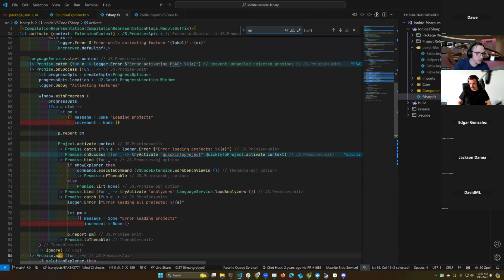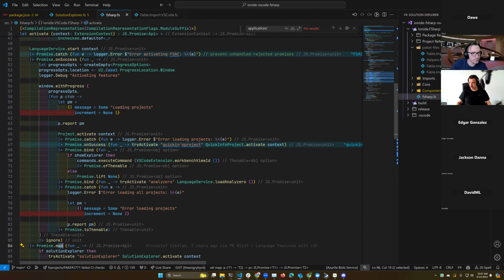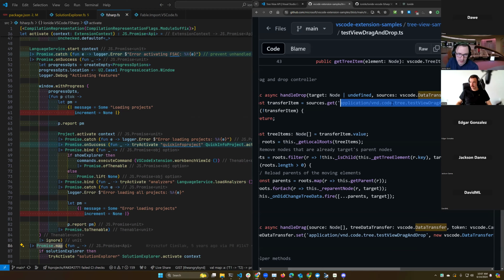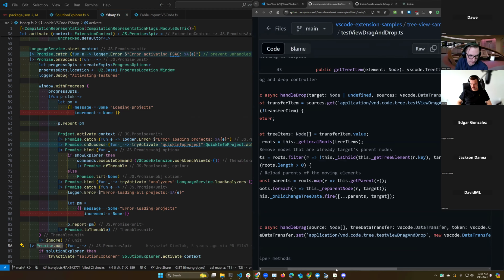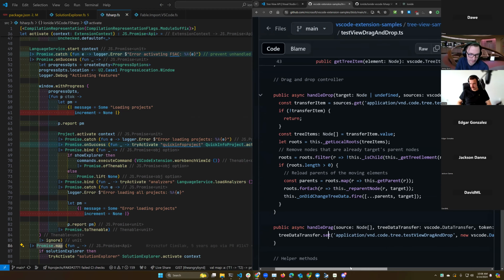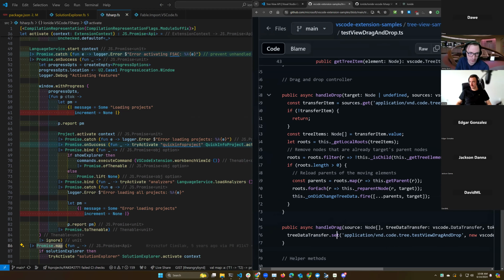Let's see. We are not, but looking at this, kind of just inferring how this test stuff ended up looking like, there's this set call. If we look at their example, there's a handle drag and a handle drop.